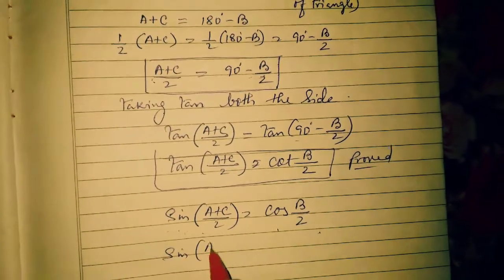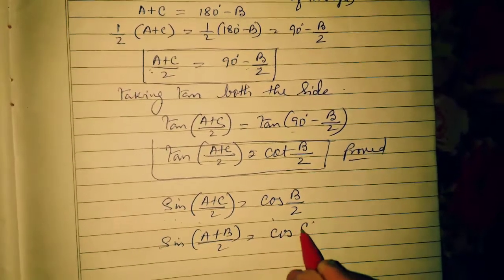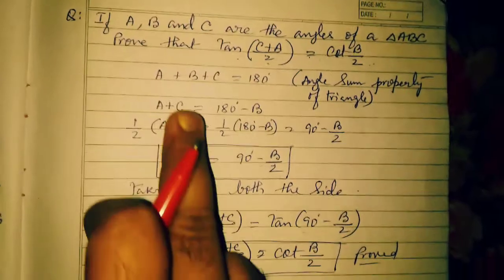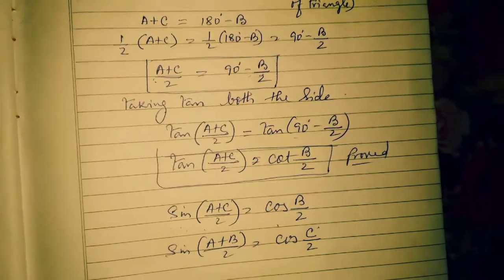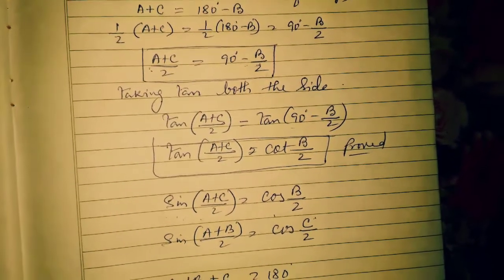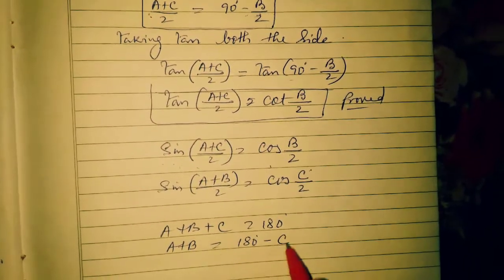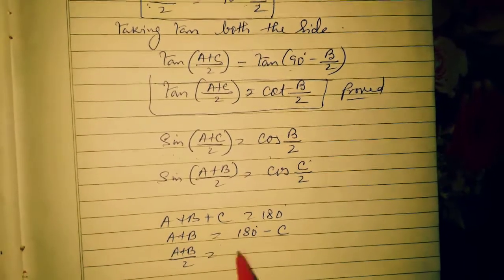Sine of (A plus B) by 2 is equal to cos C by 2. Then also, not any problem. In this case, what will you do? You will change this part over here. I have written that A plus B plus C equals 180 degrees. Now arrange A plus B together here, and take C on the right-hand side. Then taking half on both sides, half of A plus B, that is (A plus B) by 2,